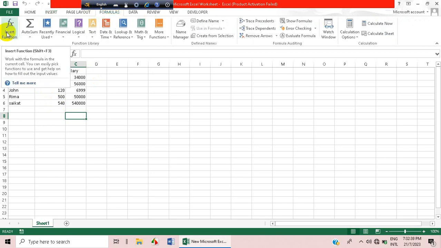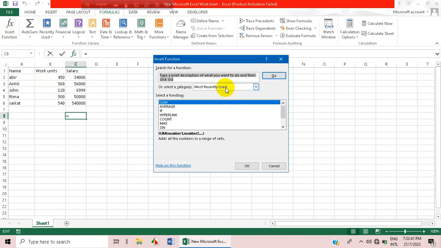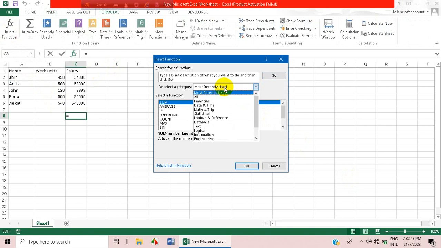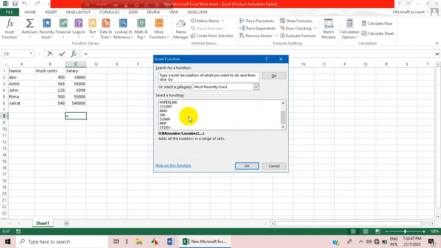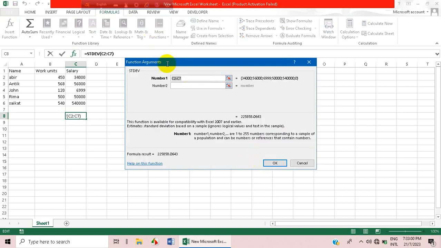and go to this insert function option, and here you can see, yep, here is an option. You can see STDEV, it stands for the standard deviation. Click on OK and it asks